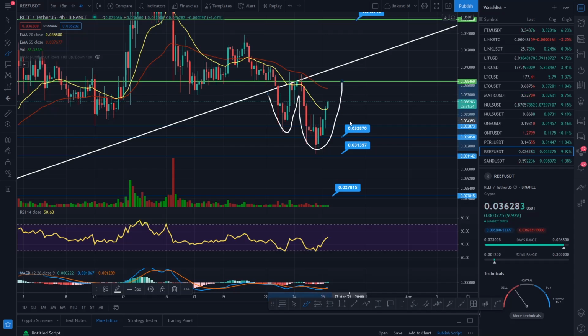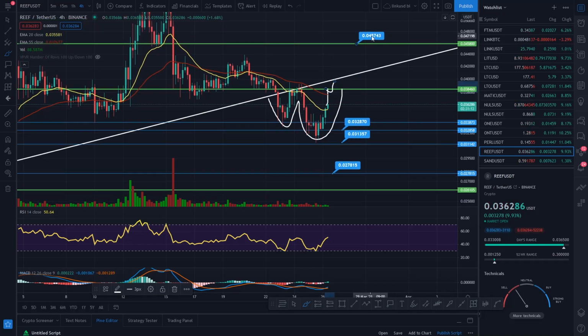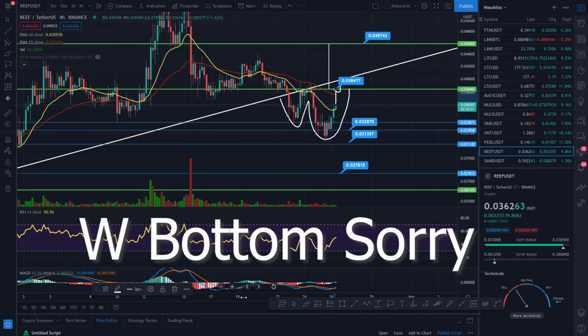So if we can form that pattern now, okay, and the price action marches on, okay, and we get through these EMAs and we back test that as resistance and then break through, we have a really nice target, guys, okay, which is up here, which I've already targeted. We have this really nice target off this double bottom, which is there, look, see that? Boom. So that'd be really nice, because you could see a big pump for Reef. If we can get through these EMAs, if we can push up to this trend line, I'll drop the target in there for that neckline of that double M bottom, guys, because it's basically the same as a double top,